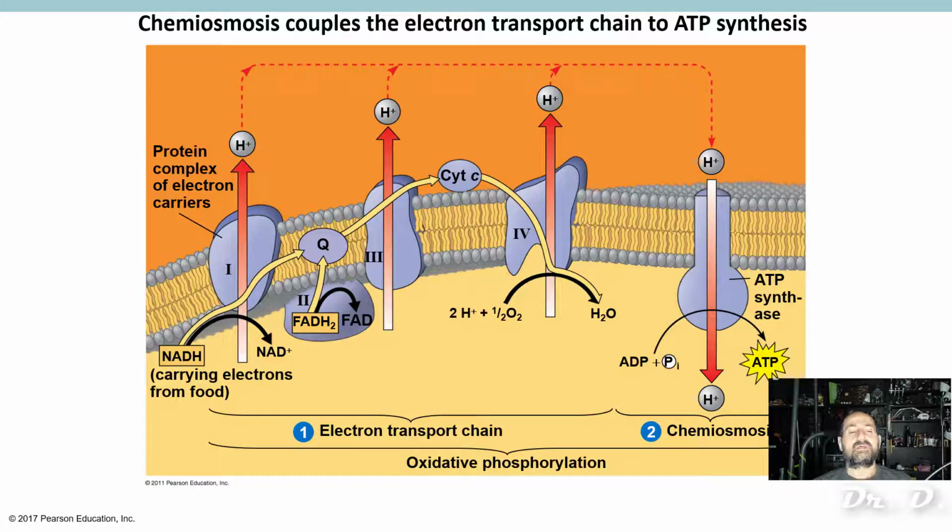What happened? Your body was not getting enough oxygen. Your body was switching from aerobic cellular respiration to fermentation. Okay, in humans, that fermentation process is called lactic acid fermentation. So what happens? Well, if you don't have enough oxygen to pick up the electrons at the end of the